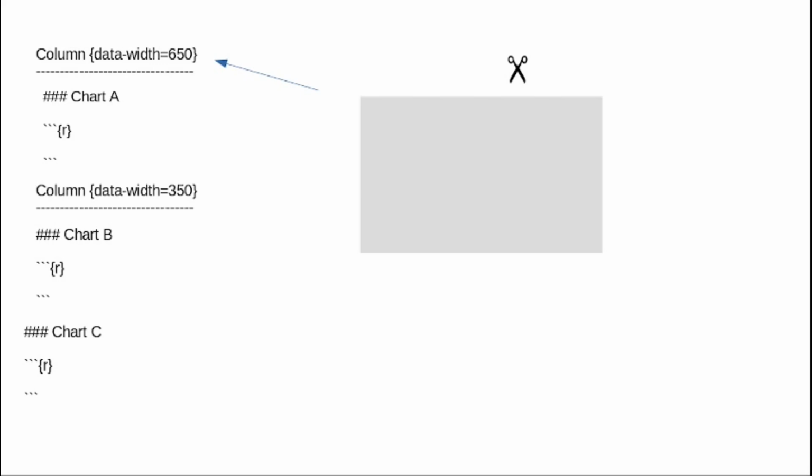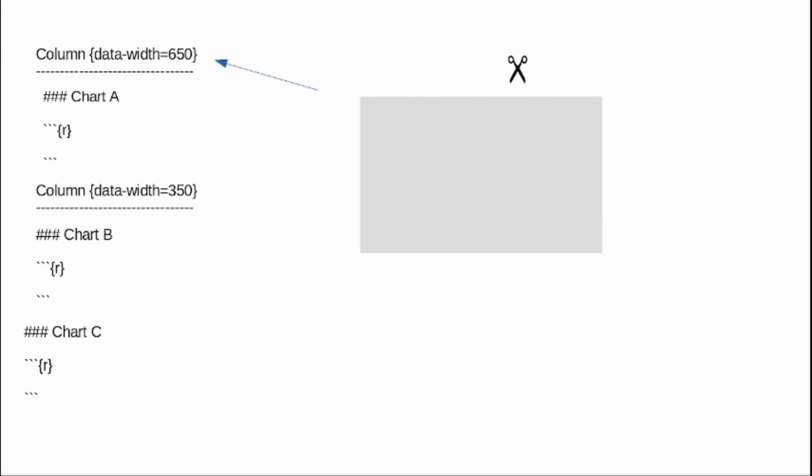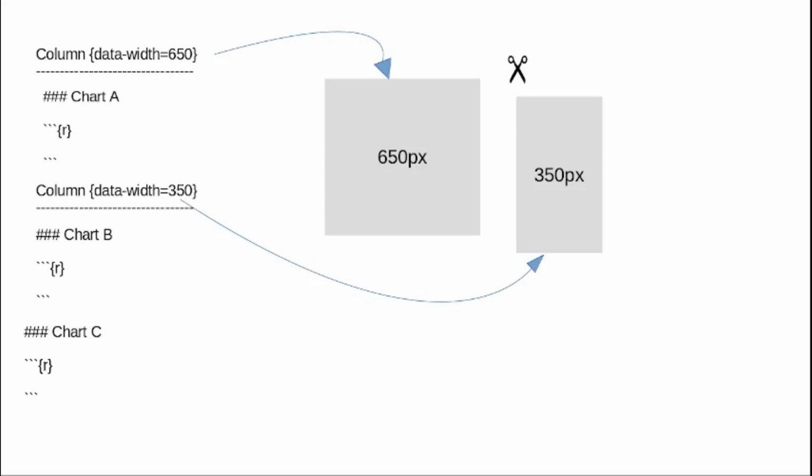Suppose the total size is 1000. If you cut 650, you cut this paper and you get this, your 650 pixel column, and by default it makes the other column 350 pixel. This is obvious. I hope you understand.